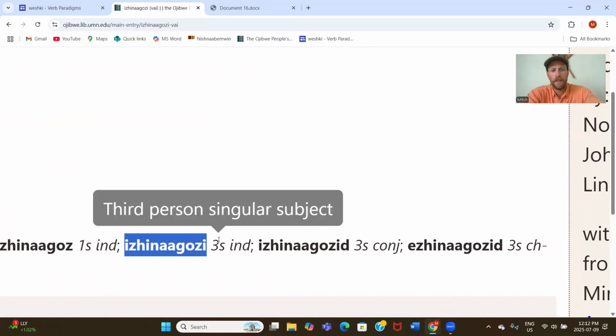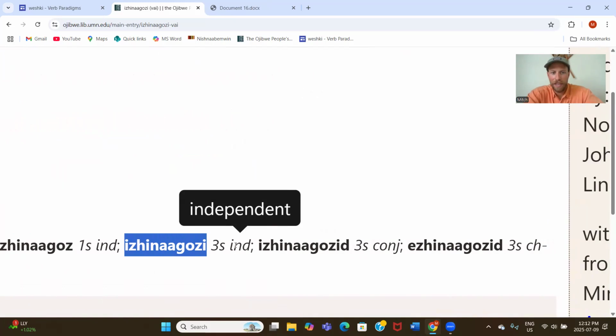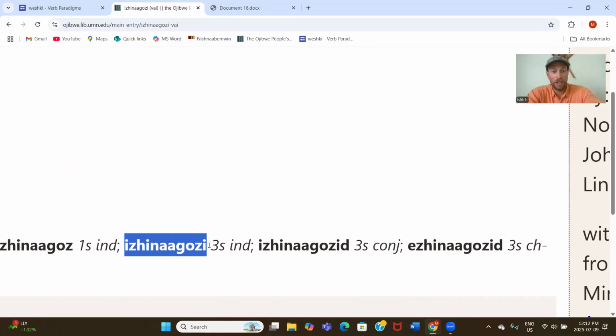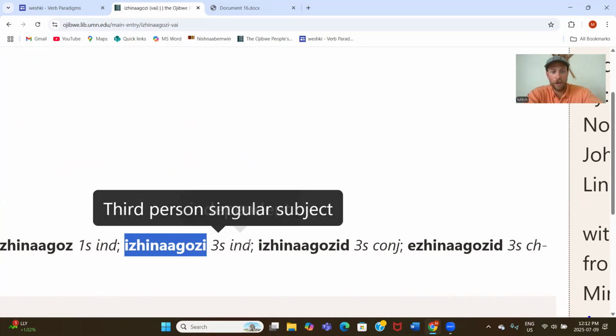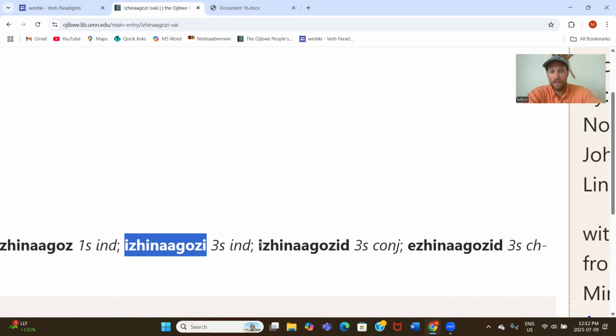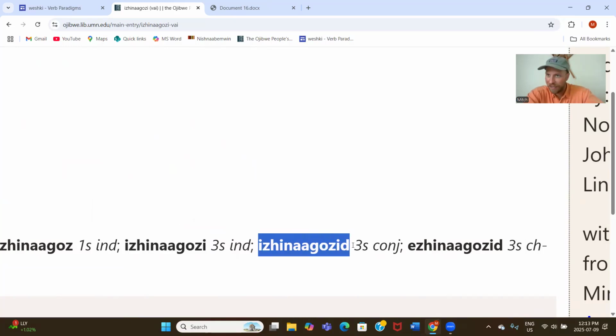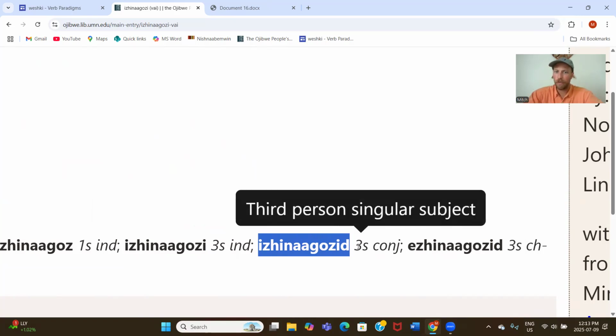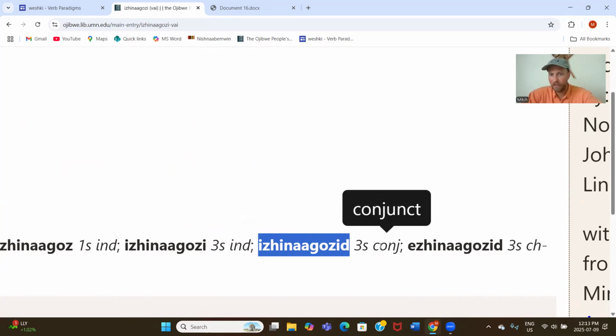Igenagose, third person independent. That's third person A form, right? Independent order is A form, right? Then we have igenagozid, third person conjunct. That's when or if he looks a certain way. That's B form. And then we have